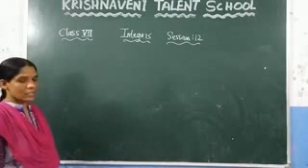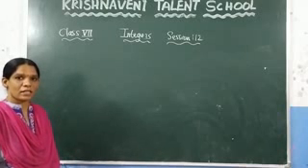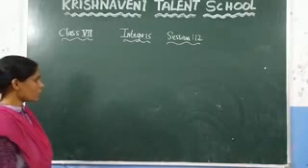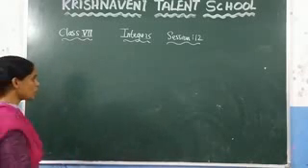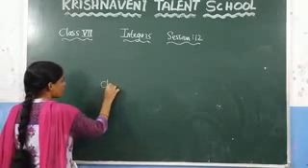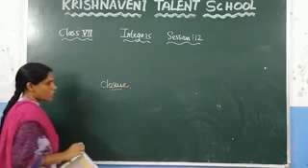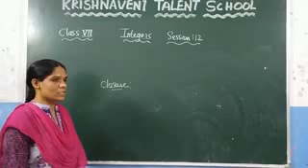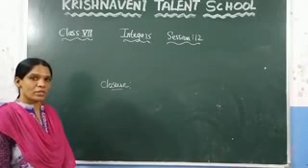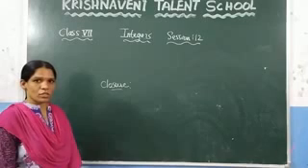In the earlier class we discussed the properties of integers under subtraction and division. Under subtraction we discussed the closure property. If you take any two integers, while subtracting these two integers we have to get a result which is also an integer. So we can say that the closure property holds good.